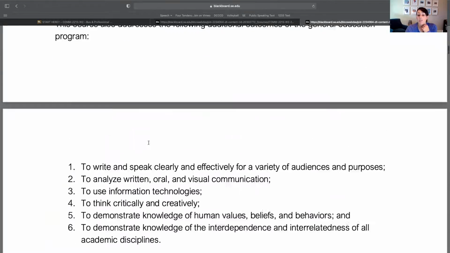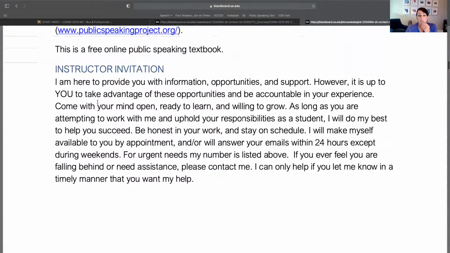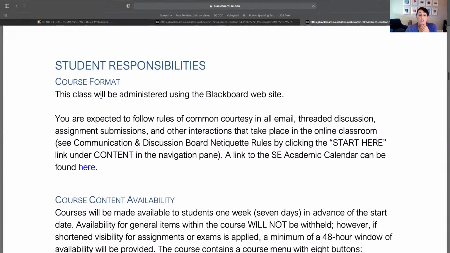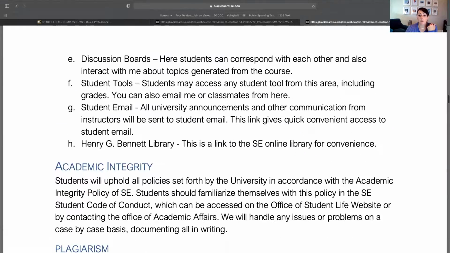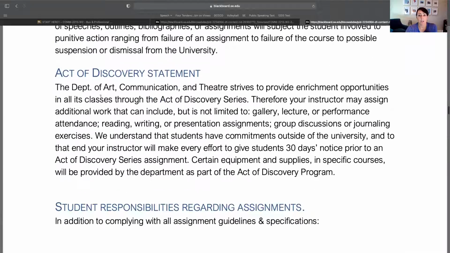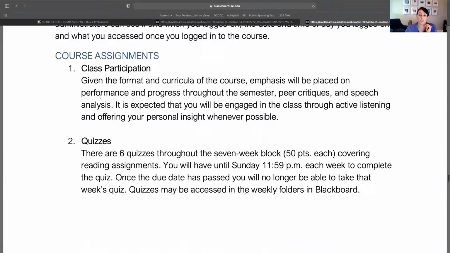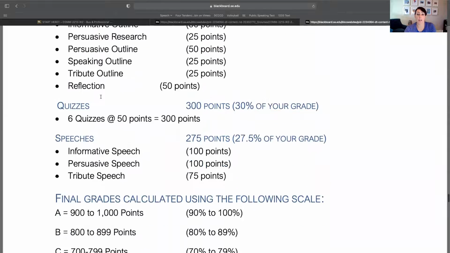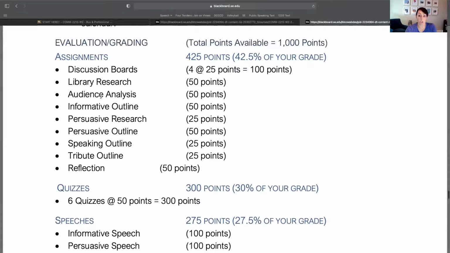The rest of this stuff is just boilerplate course objectives. I would like for you to read the instructor invitation. It is my philosophy about teaching. Probably for you, the most important thing, oh, don't skip the plagiarism part. That actually matters to me a lot. The most important things for you will be the list of assignments you have to complete and the course calendar. I am going to ask you to read the entire syllabus, but I will just go over this part for now.